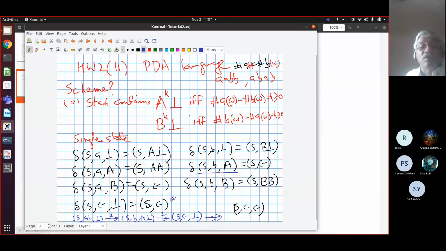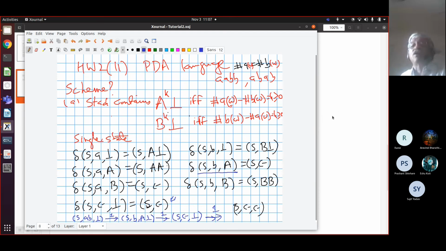I apply this rule. Because I'm at the end of the string, this is the only rule that I can apply, right? And that I can apply only if there is bottom. If there is any other symbol, I will get stuck. So since I have bottom, I can replace it by S epsilon epsilon, right? In one step. And so this is a run which accepts by empty stack. And so the word AB is accepted.